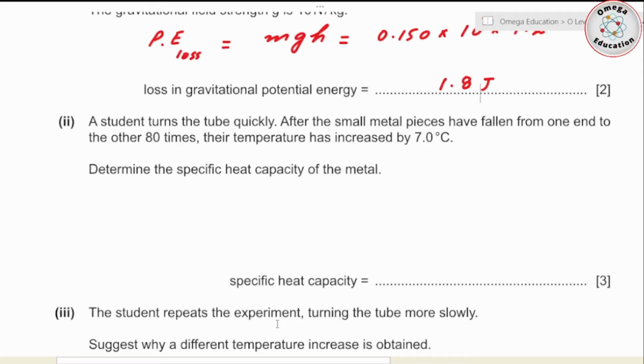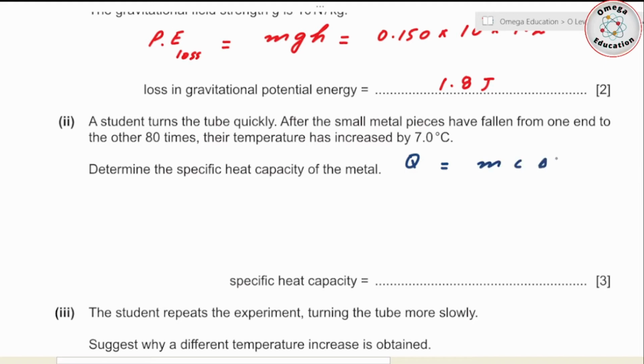All right, so the next part 2 says a student turns the table quickly after small metal pieces have fallen from one end to the other 80 times. The temperature has increased by 7 degrees Celsius. Determine the specific heat capacity of the metal. So we need to find the specific heat capacity. The formula relating the specific heat capacity and the energy we studied already is written as Q equals